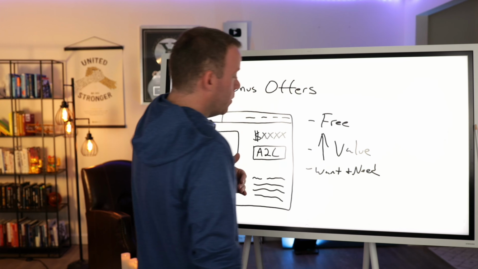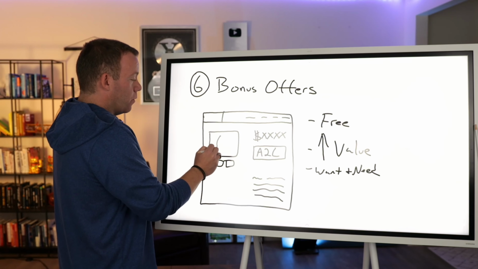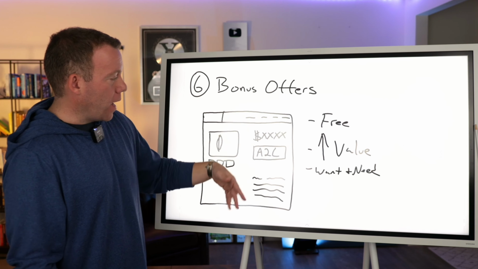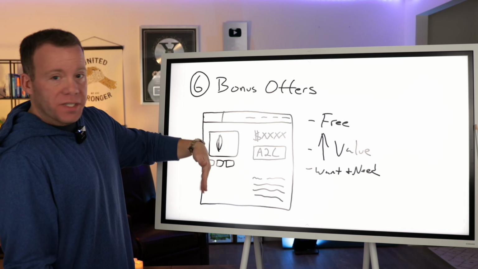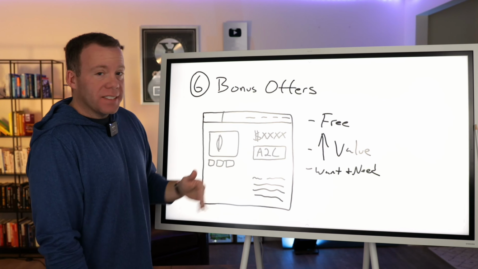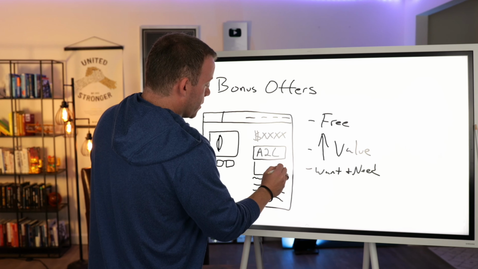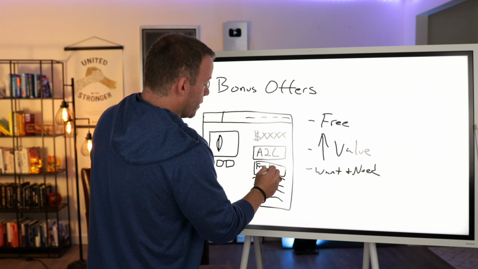So I'll give you an actual example again of something that we could do here. Let's say this store was, again, our surfboard store that we've been using for this example, and it was $1,100, right, for this specific surfboard. Customers here, they're seeing everything we've talked about already. They see the add to cart button, but we add a bonus offer right under that add to cart button that says something like free leash, right?